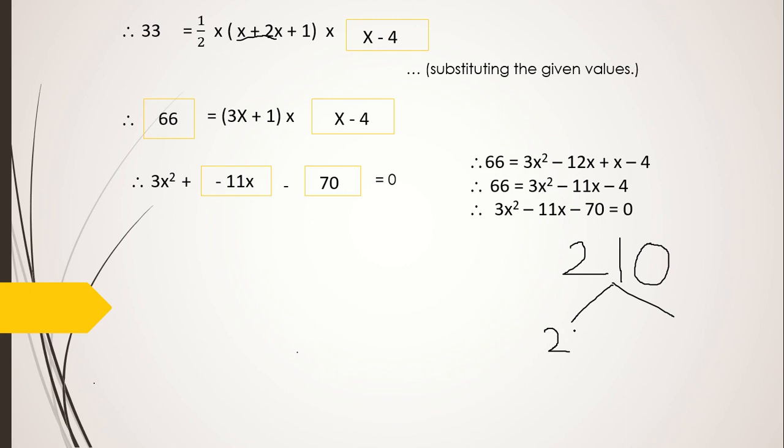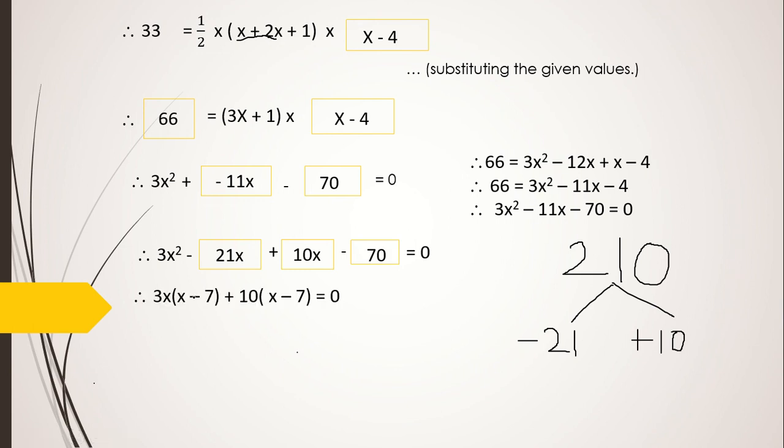So 21 tens are 210, and 21 minus 10 will give me 11, right? And the middle term sign is minus, so that has to be given to the greater factor. Okay, so we will get the factors further. For that also they have put the boxes, so we have to find those.